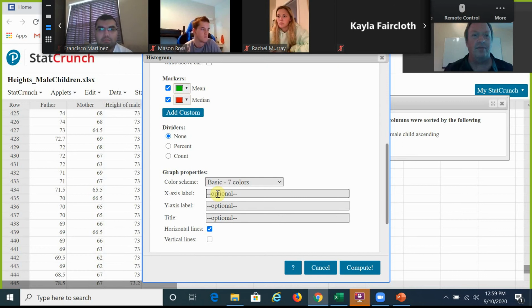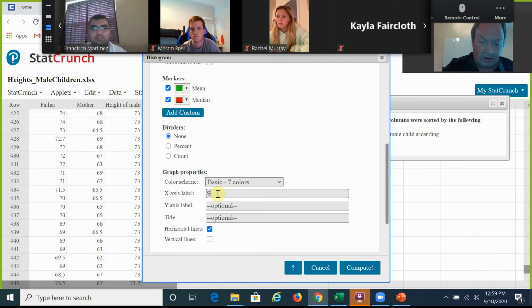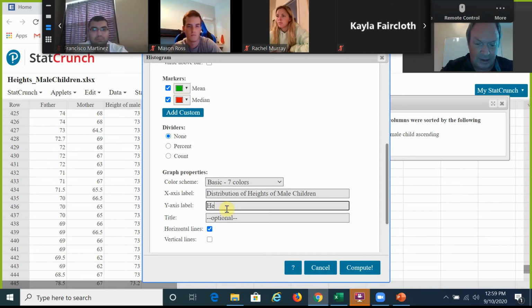On your exam, if I ask you to do a plot, you have to have access labels with units. You have to have an appropriate title. It should be a good title, okay? So I'm going to say, distribution of heights of male children. And the X label is going to be height. And again,